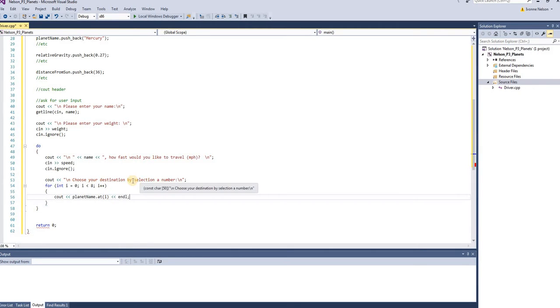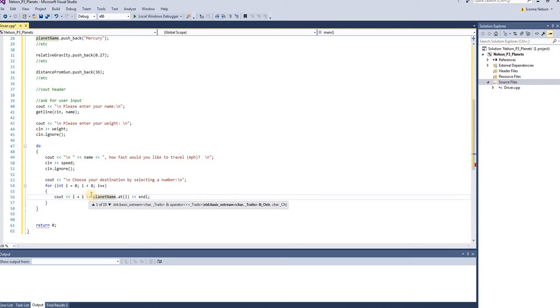Okay, now I said to select a number. So I need to add a number. The user does not know about 0 indexed. So they're going to want to choose numbers between 1 and 8. So I can do that by also cout-ing a number, I, which is going to be whatever I is, originally 0, plus 1. Okay, so now it'll cout a number, 1, 2, 3, 4 through 8, and then it'll cout the